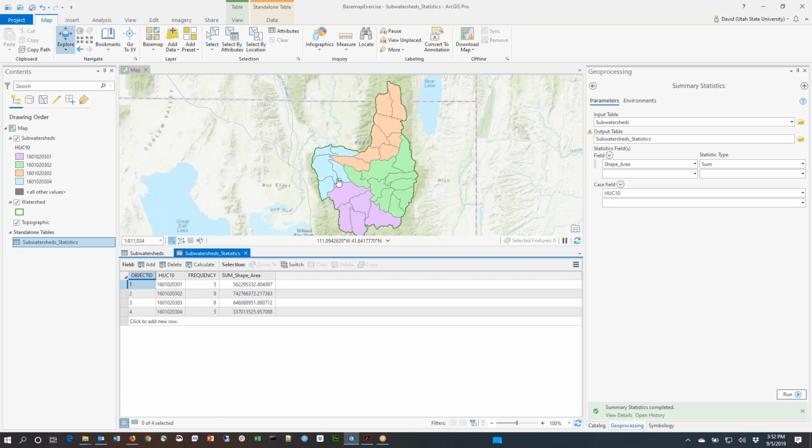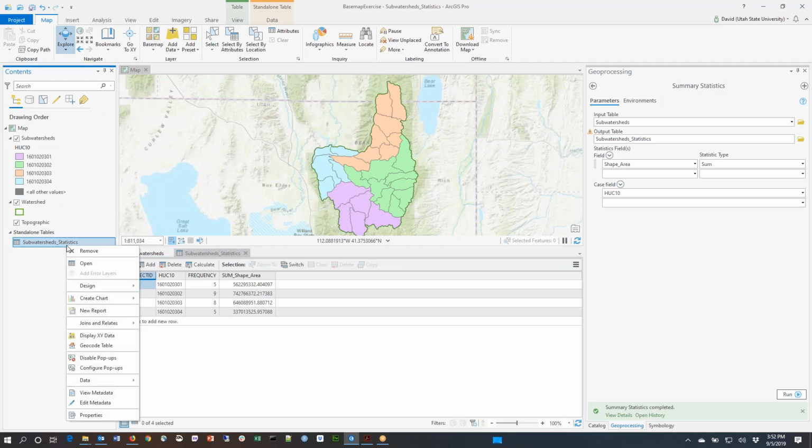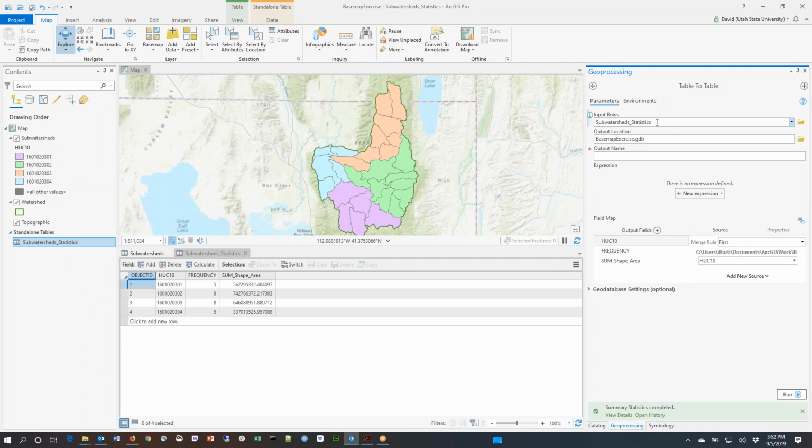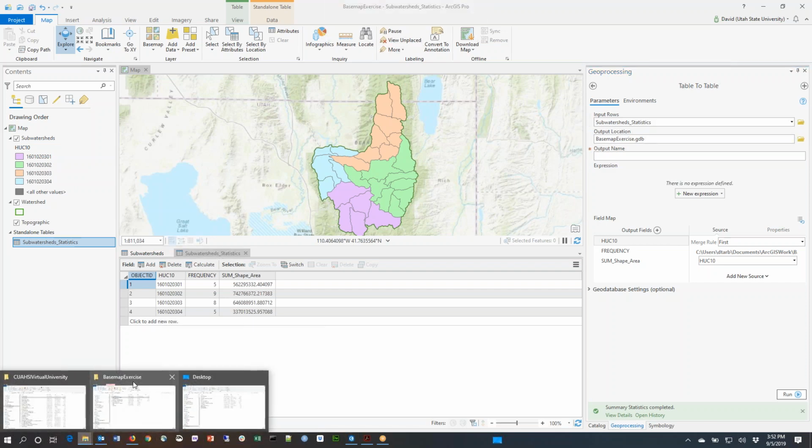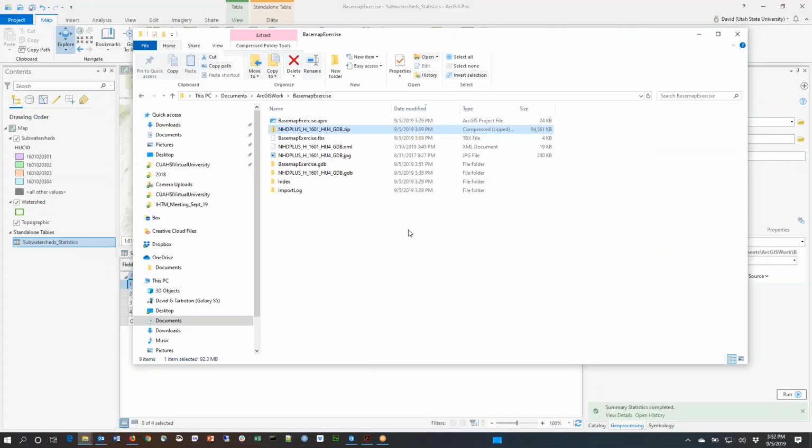That might be something that you need to do for some purposes, and if you need to do that, that would be a handy way to do that. Maybe you want to get this table and do some other calculations with it, and maybe you want to use Excel for that. So once you've got a table like this, you can just say export the table, and there's a number of options here. Before I do that, let me go and get back into my base map exercise folder,